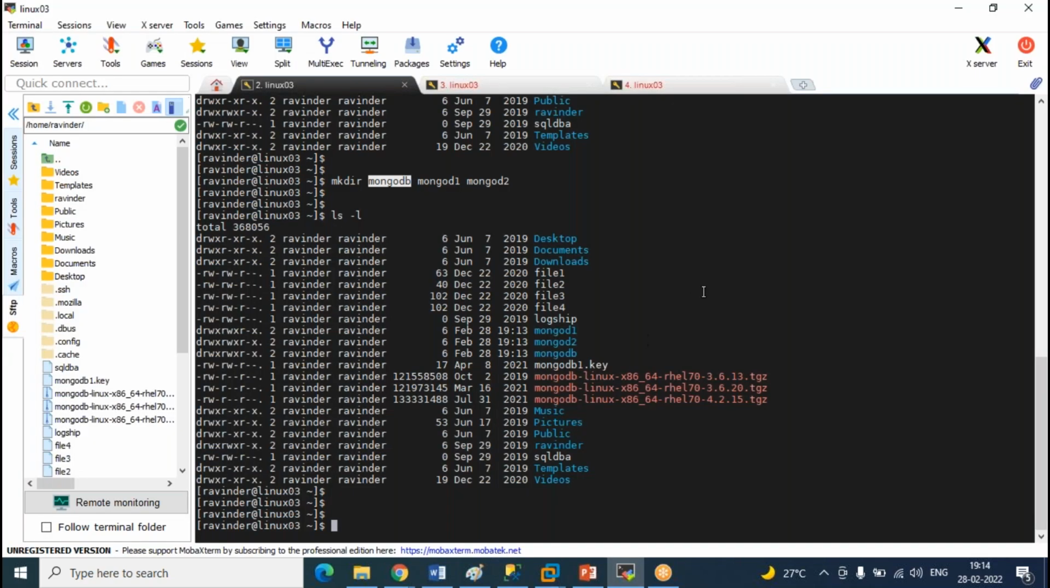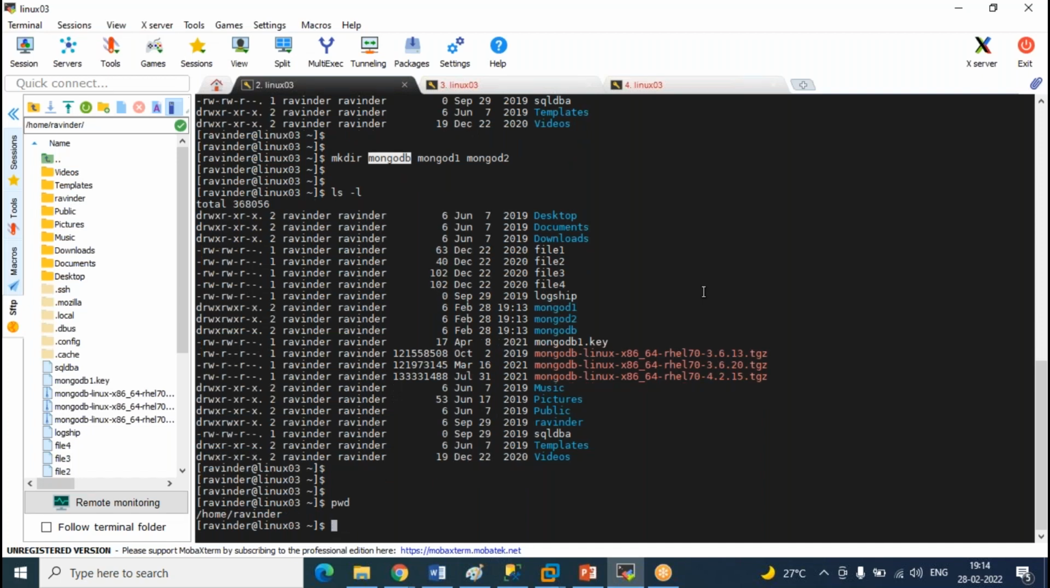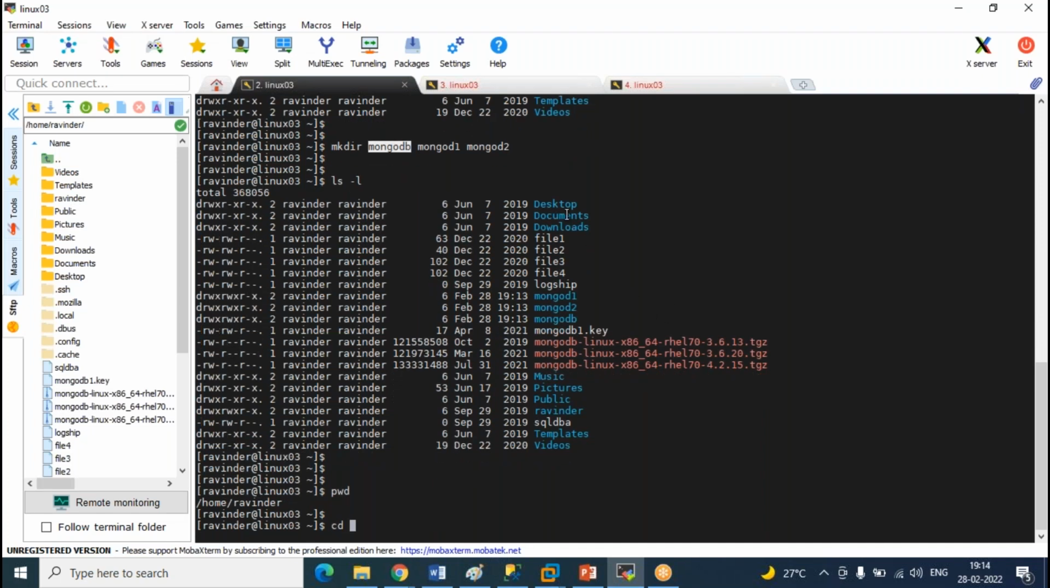CD is very, very important for us. Call directory or change directory. Where I'm connected right now, I'm connected into home Ravinder. If I wanted to switch directory to anywhere, for example if I wanted to go to desktop, so in Linux,